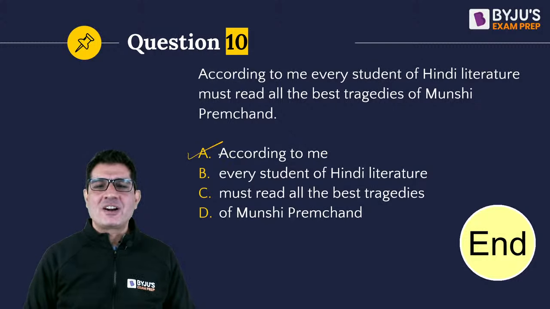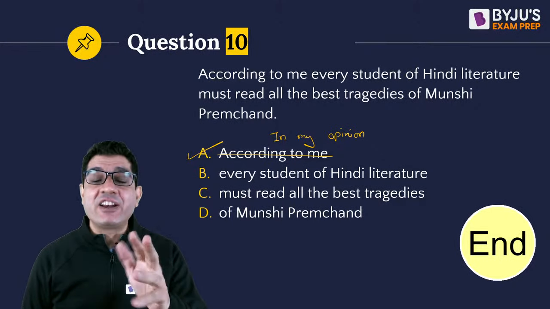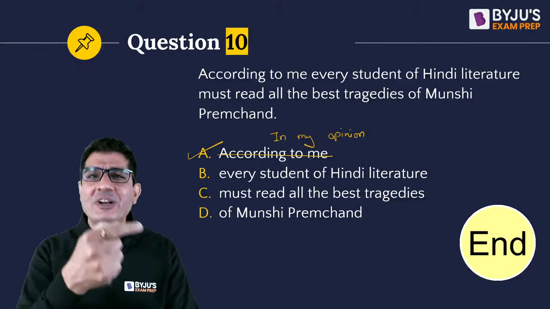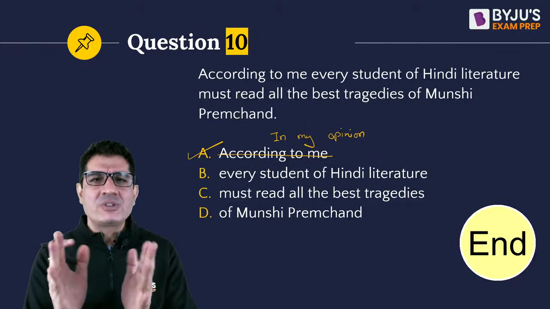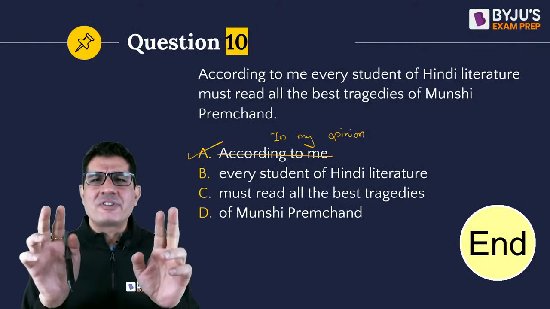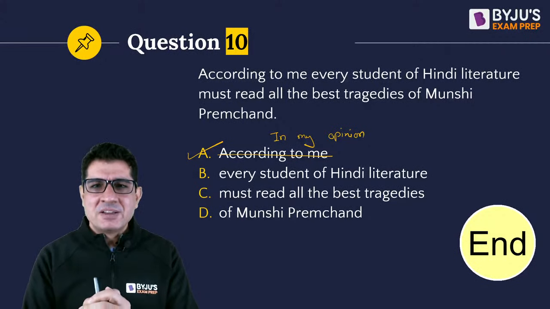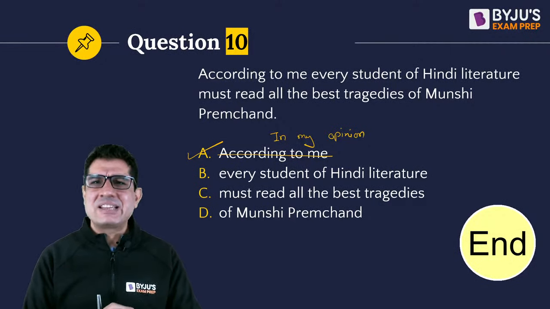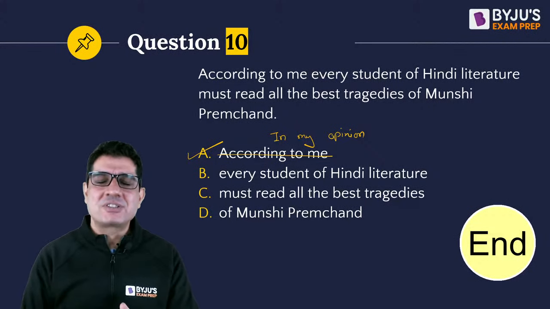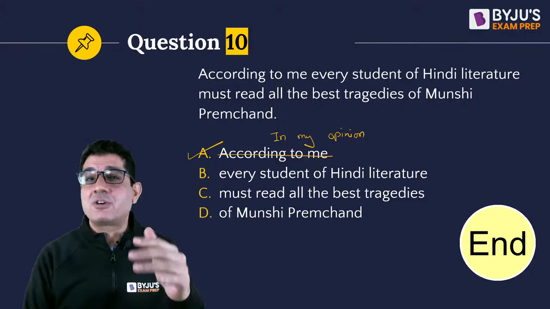It should not be according to me, it should be in my opinion. So you see, we use according to with second person or third person. I can say according to you, according to him, according to them. So normally when we use this structure, we are in a way saying that, okay, that person is kind of an authority to talk about it. But when we say according to me, it is a bit like saying that I am an authority, which is considered rude.